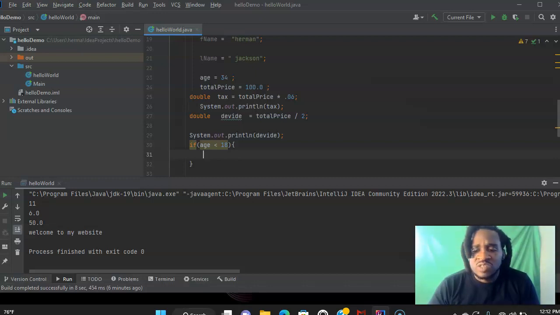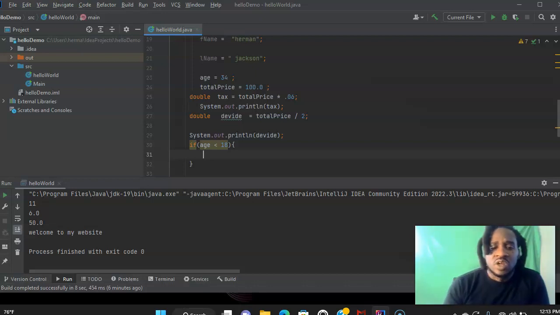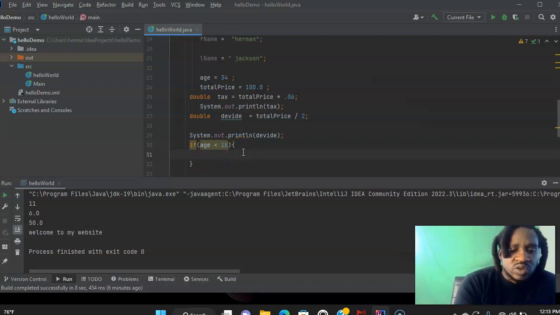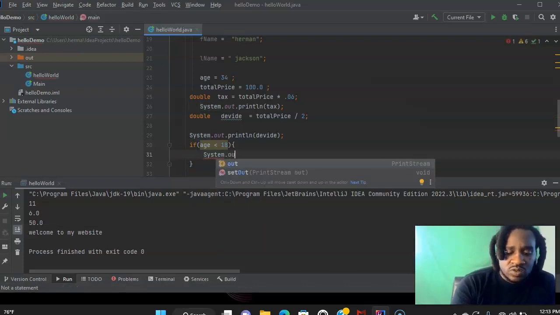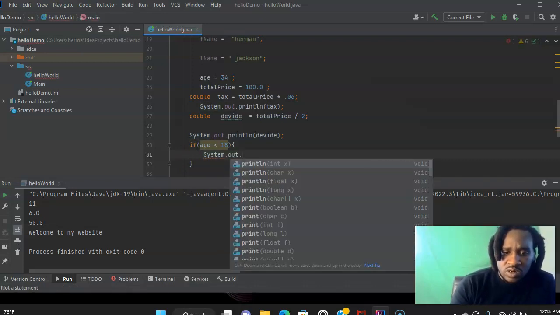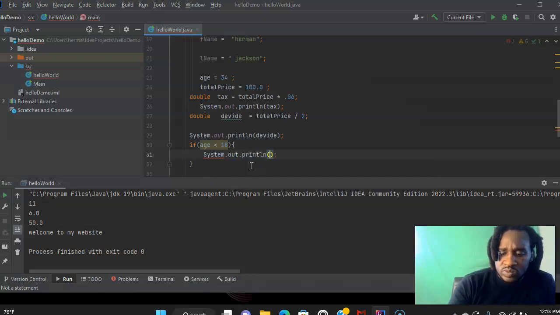It's good to put your blocks so you can have a better understanding and cleaner code. So let's say if age is lesser than 18, we're going to system out print, we're going to tell the user, you're too young. And we're going to say else